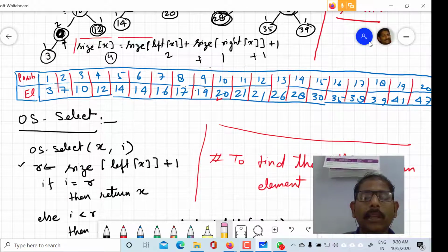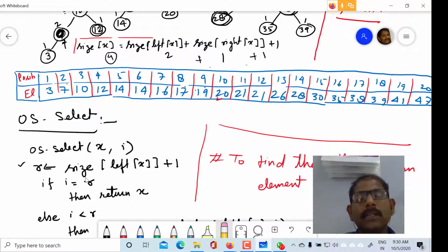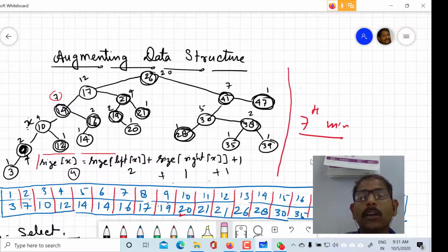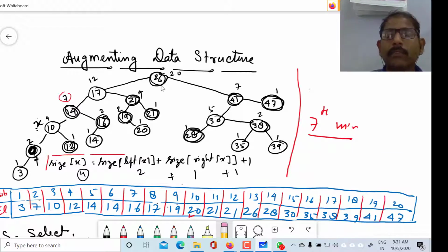Here I am using a formula: I calculate the size of the left subtree of a particular node plus 1. That means how many nodes are there on the left hand side of a particular node. So starting from 26, because 26 is the root node, I want to find how many elements are there on the left hand side, plus 1.